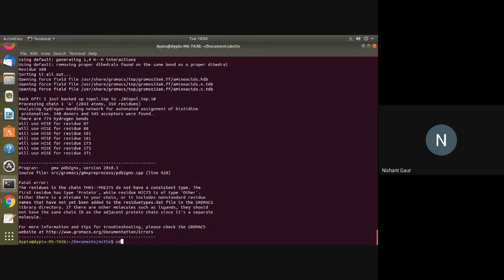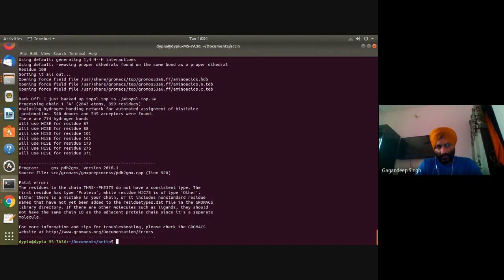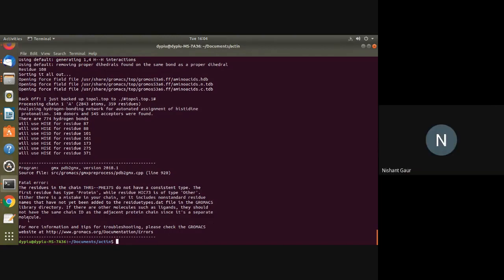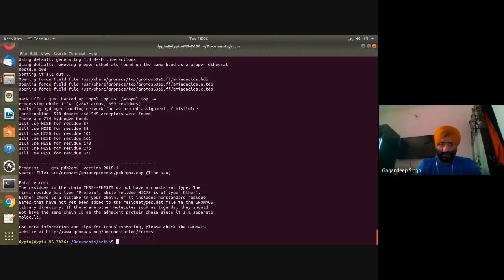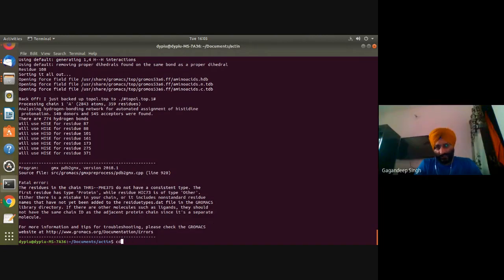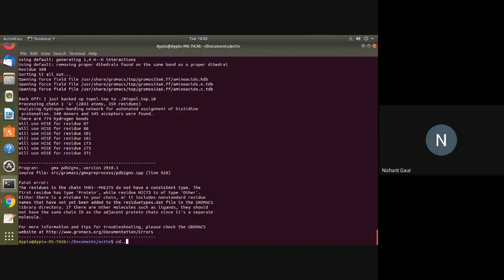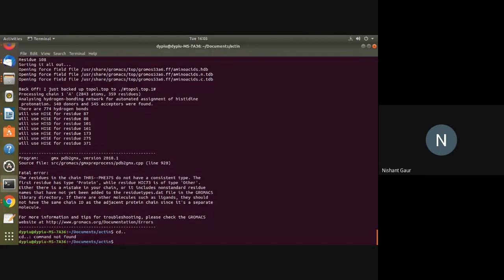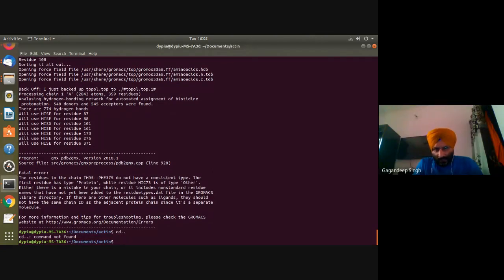So what command do I have to give to go back to the documents directory? No. You are already in document actin. Actually, I have created a new folder for the basic example file. Okay. Then just type cd .. and then give the path. Not cdd, only cd ..  Now you are in, what is this? cd single.